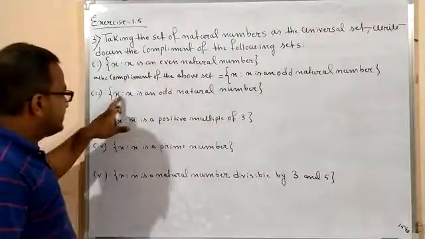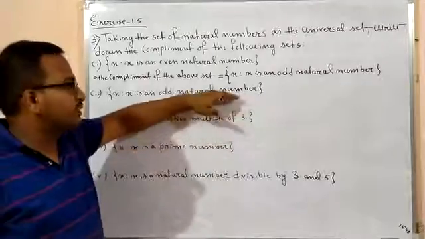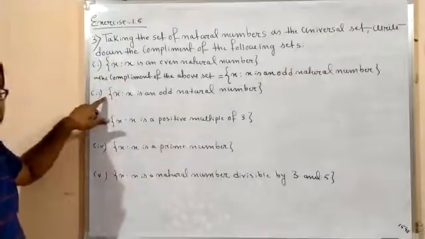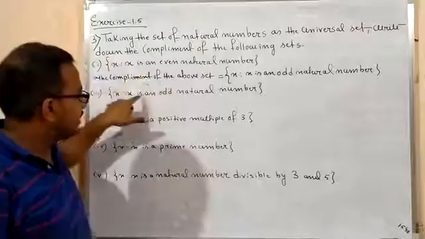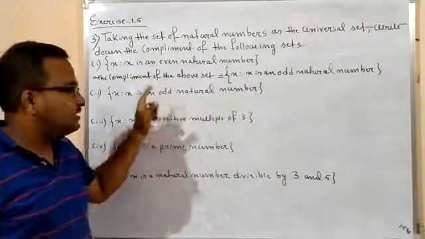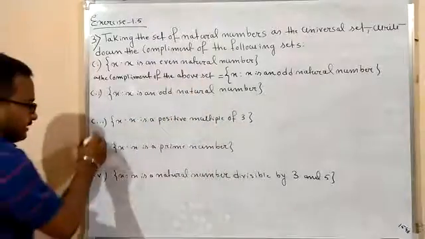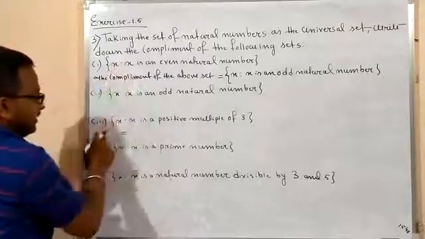These things are a little bit easy. So it is X such that X is an odd natural number. So it's the same thing, right? So its complement will be that set. That means set 1 and set 2 are complements of each other, right? So I am not going to write this. It will be the collection of all odd natural numbers. So the complement of that set will be the collection of all odd natural numbers. Okay. Now let us see what this is. So you just write this line here. Okay, this line you have to write here.